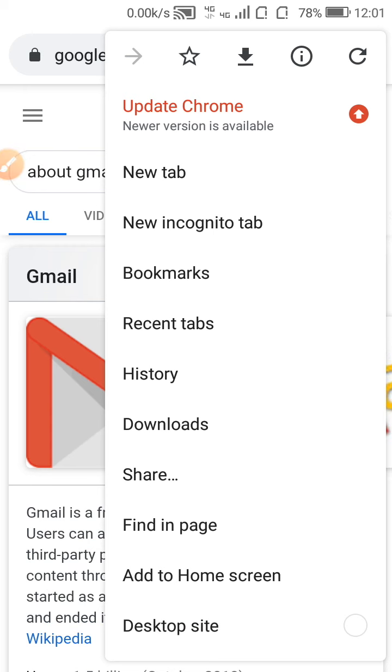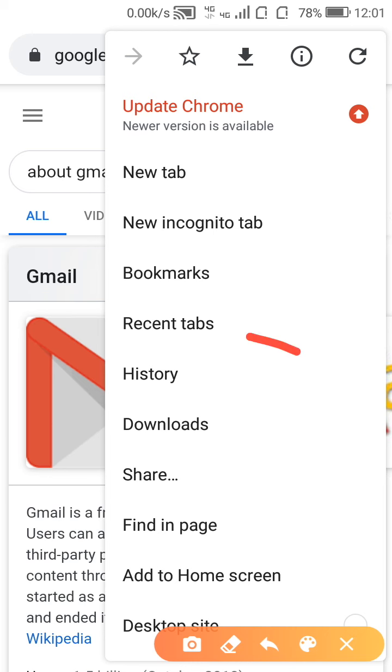At the same time you can open any new tabs, by clicking, 5 or 7 pages you can open. And then recent tabs. Recent tab means the page you opened before will show. That's a recent tab.